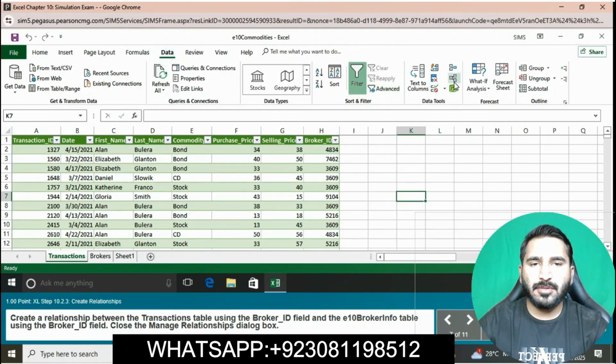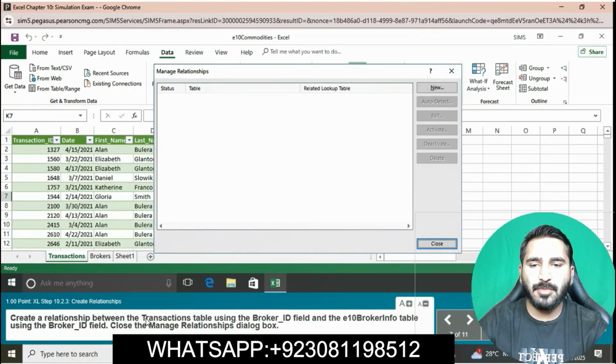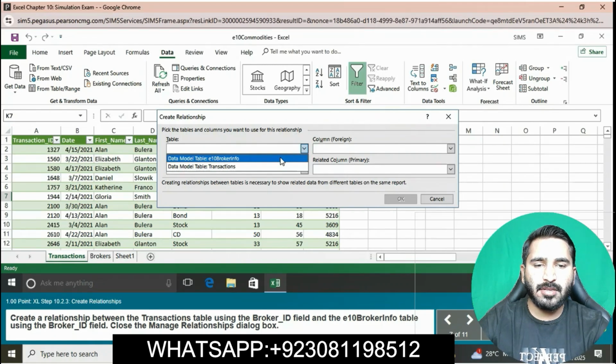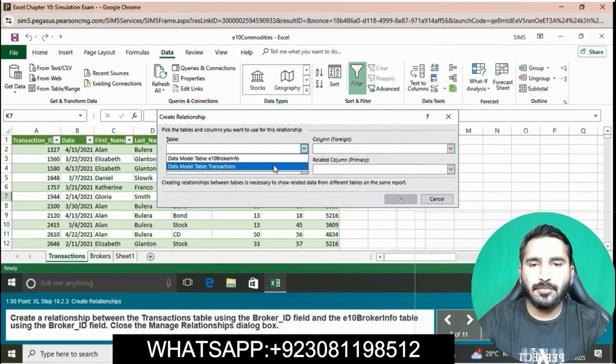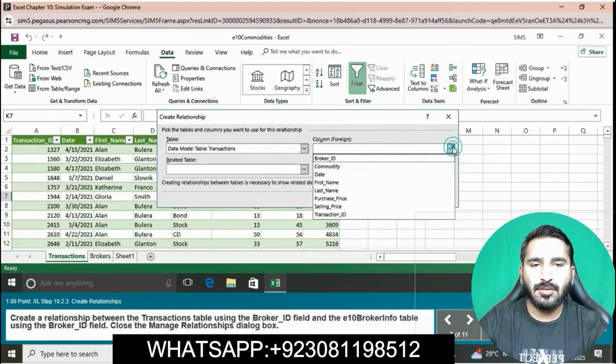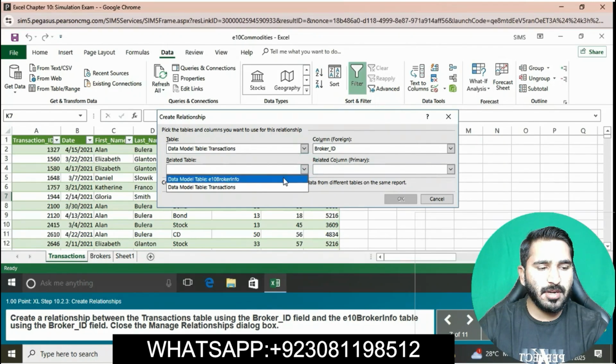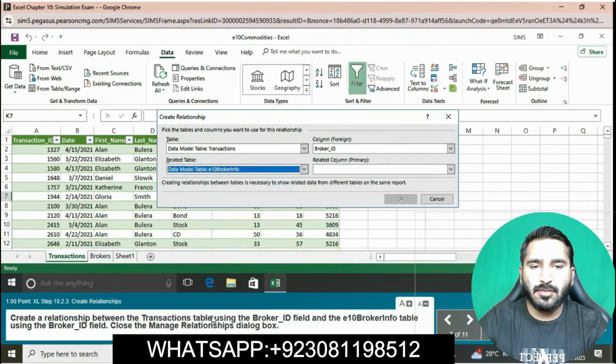Click on the Data tab, click Relationships, Manage Relationships, and then click New. Select the Transaction table using the Broker ID field, and the related table is E10 Broker Info using the Broker ID field.